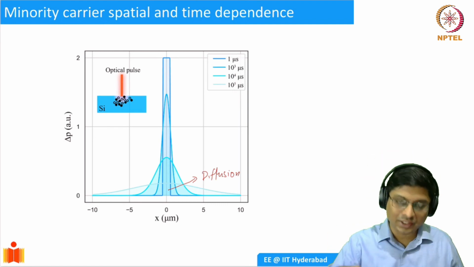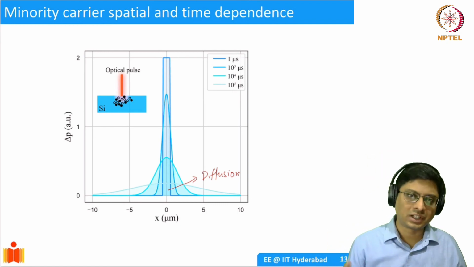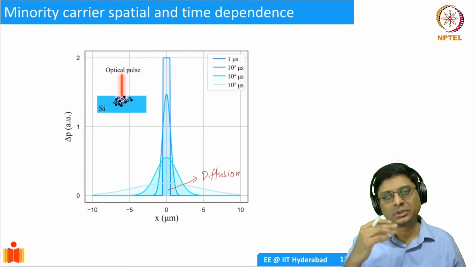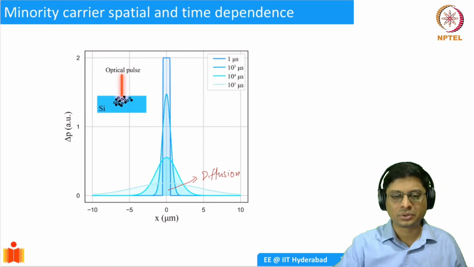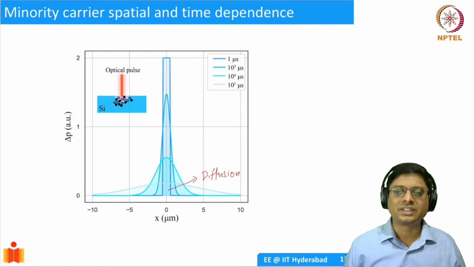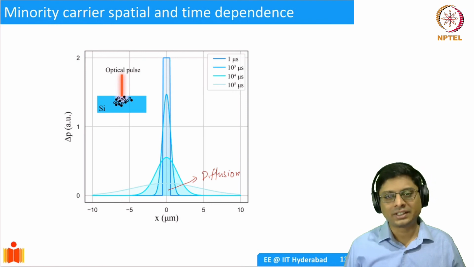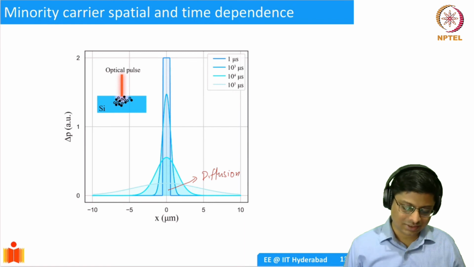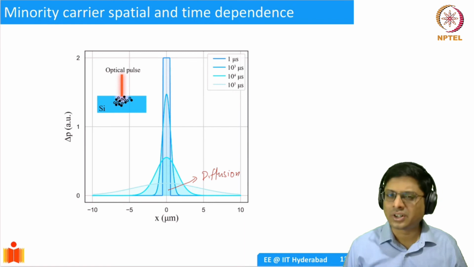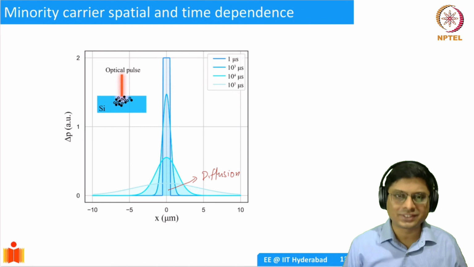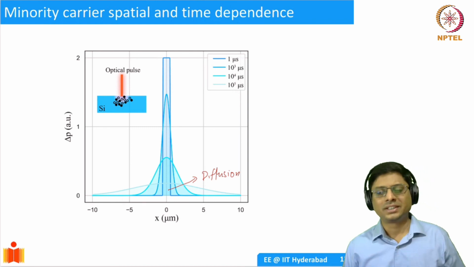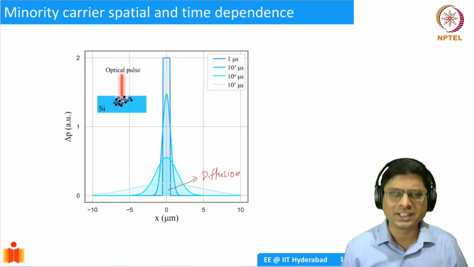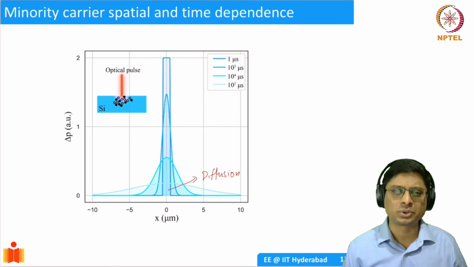If you calculate the area under the curve, that will tell you the total number of carriers, and you'll see that eventually it becomes 0 as you go to longer and longer times, indicating that all the electron hole pairs are getting annihilated. This is going to make sense qualitatively. It should make sense to you. There are numbers, which I think are not really necessary for this course. In an advanced course, maybe we could talk about it.